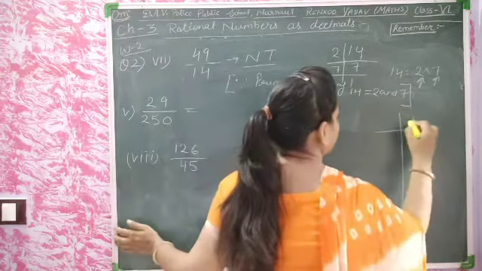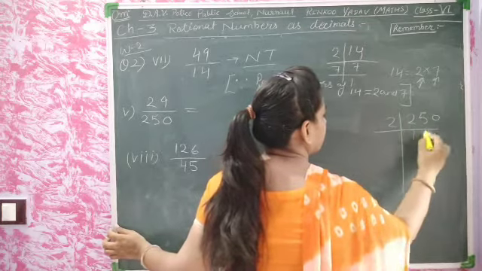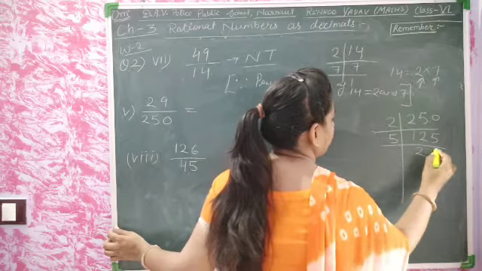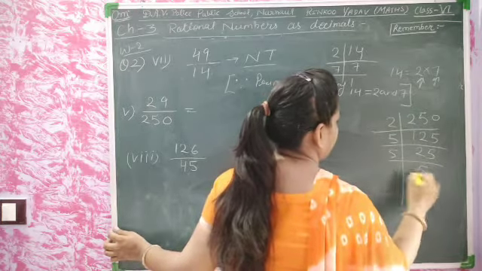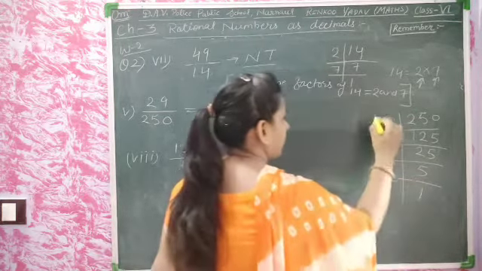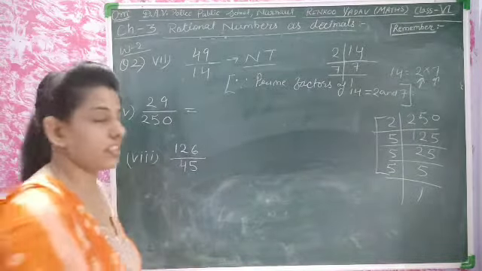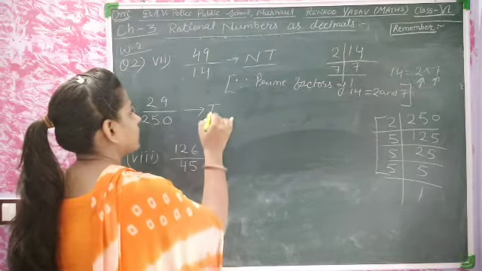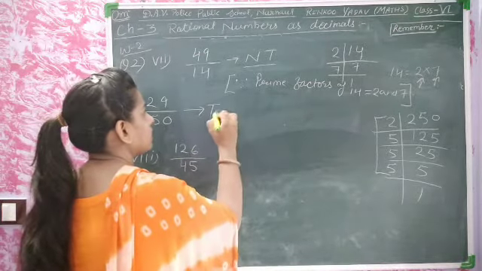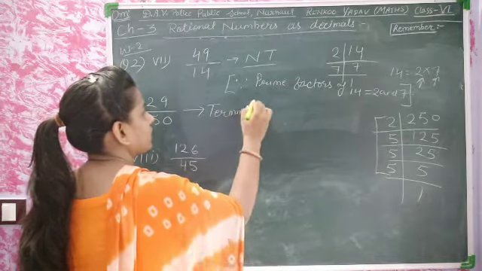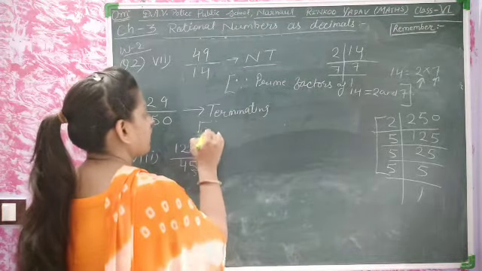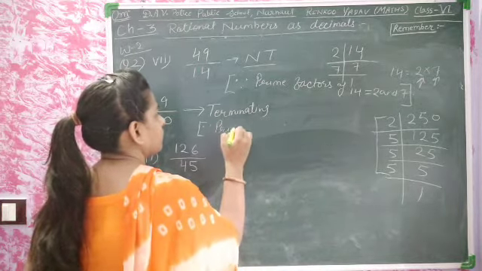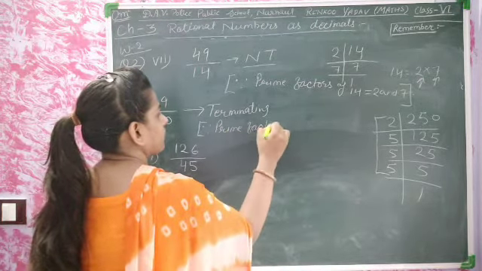Find the factors of 250. 2 ones are 2, 2 twos are 4, 2 fives are 10, and 5 twos are 10, 5 fives are 25, and 5 ones are 5. There are the prime factors 2 and 5 only. Yes, it means this is terminating. Is this clear, students? This is terminating. It means why we will take here the revision since prime factors